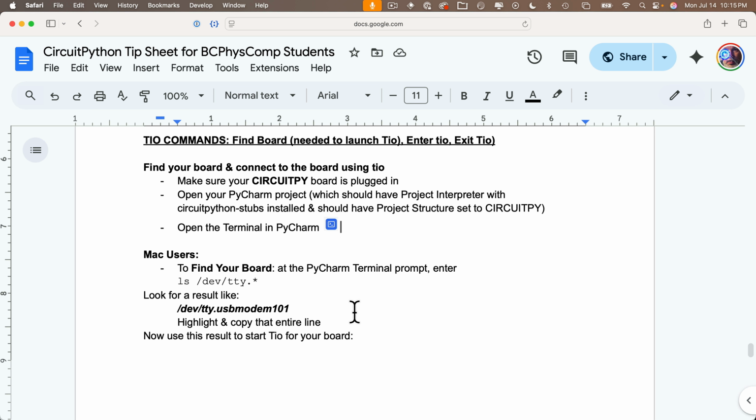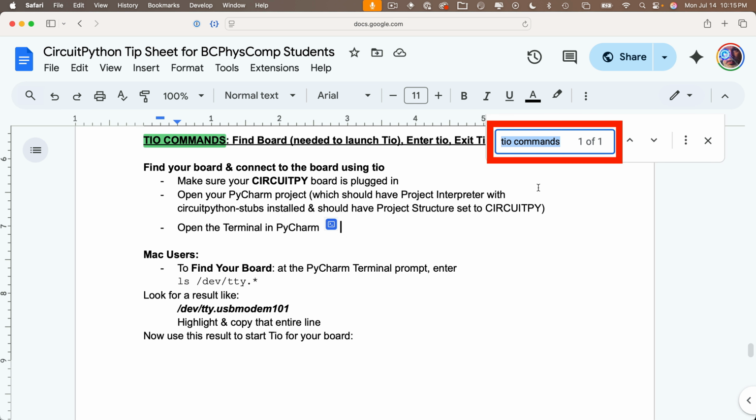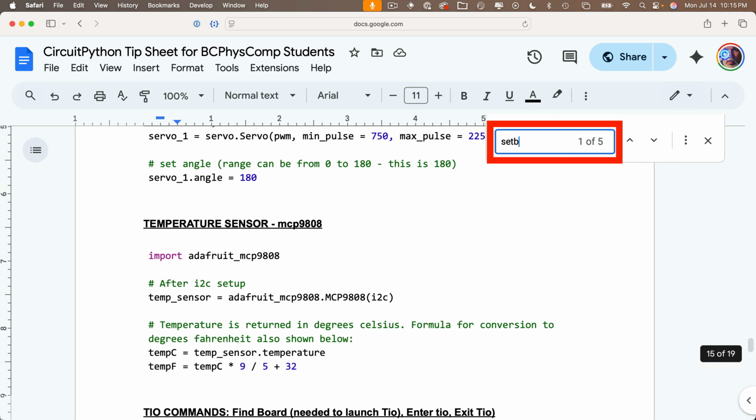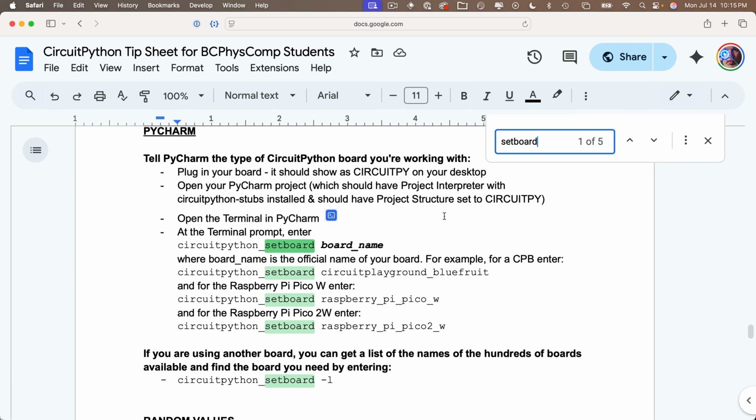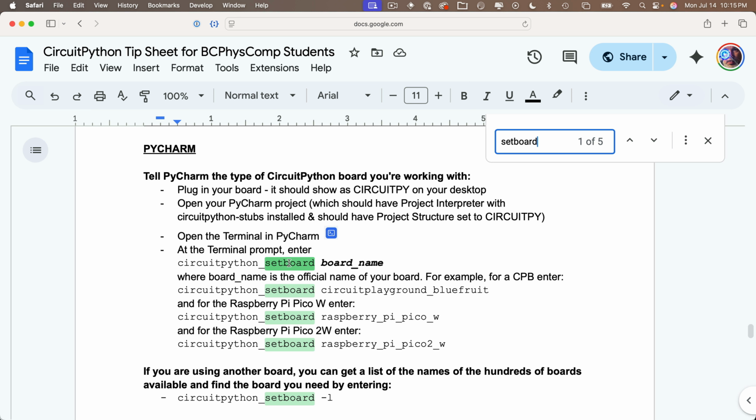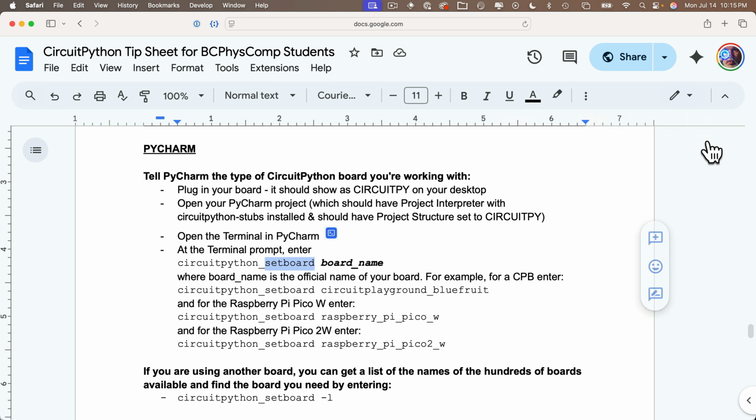I'm going to press Command F, Control F on Windows, and search for setBoard to find that command. That's all one word, SETBOARD. And we see we've got a command, CircuitPython_setBoard, spelled like this, and then we follow this with the correctly spelled name of the board that we're using. Now I've got the names of the boards my students are using right here, but if you're using a different board and you want to look it up, you can use this command,